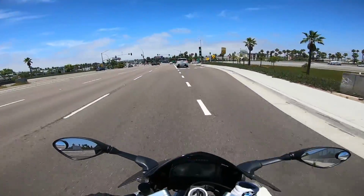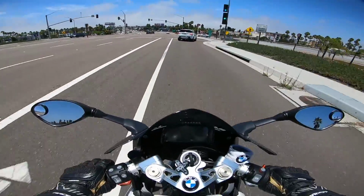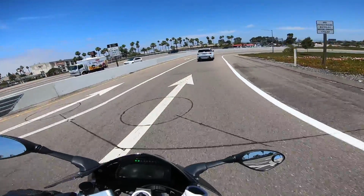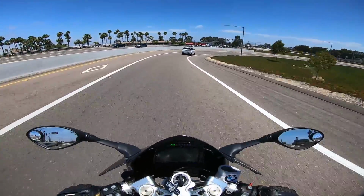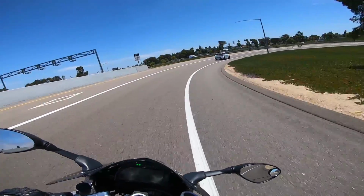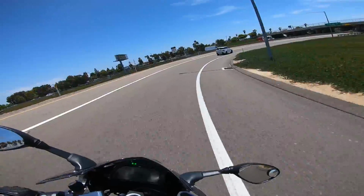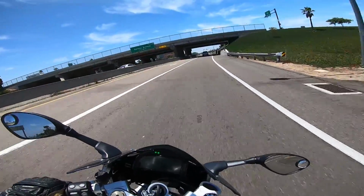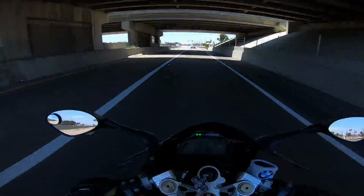I actually have to fly back home today. The bike is staying down here for a couple of weeks. I'm going to be heading back down here. Me and Bogner are going to come down, I'm going to work a little bit and pick this up, and we are going to be doing a ride. So if you guys are interested and you're in the San Diego and LA area,